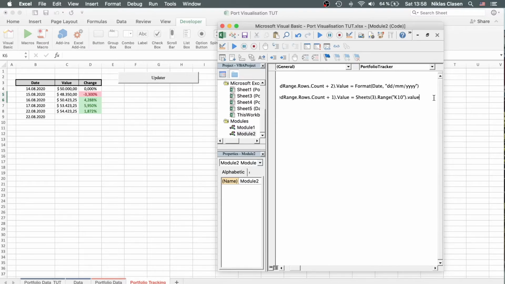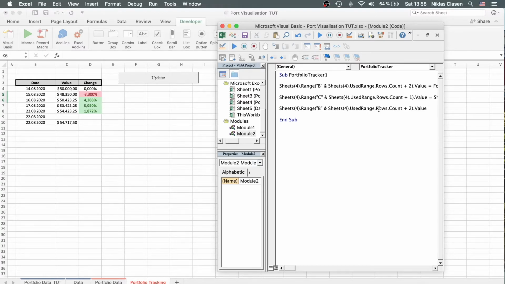and we only want to transfer the value. Let's see if it worked. There we go. And last but not least, we want to insert a little formula, and we can again just copy that. Now have it in column D. But in this case, we don't want to insert a value. We want to insert something that's called a formula, and the formula in Excel VBA is called FormulaR1C1. If you want to add that, equal, and